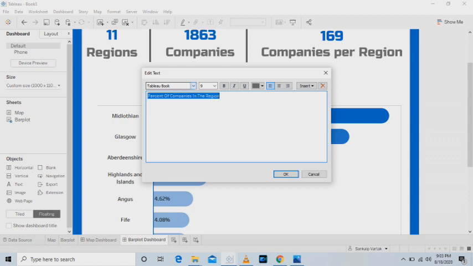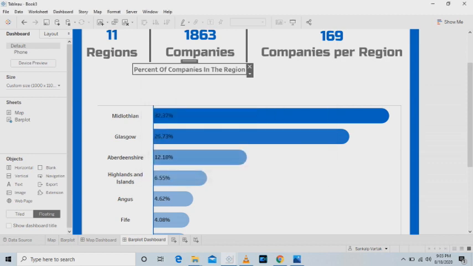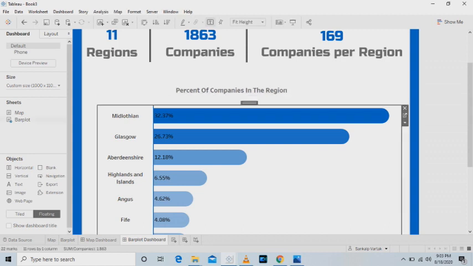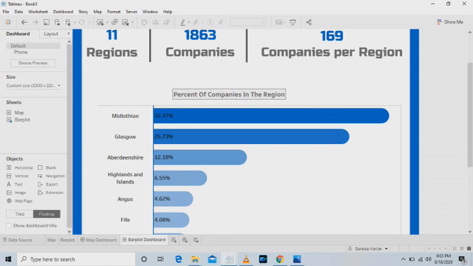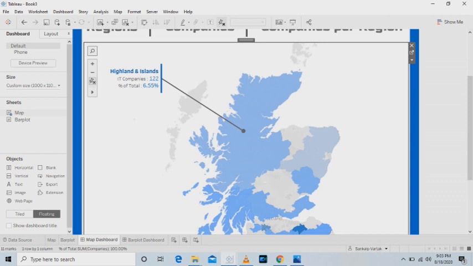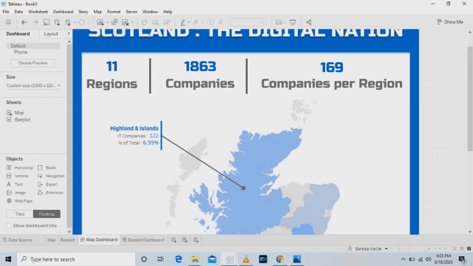Adjust its font size, make it bold and change its color, whatever you want. Click on apply and drag this text according to your needs. Okay.